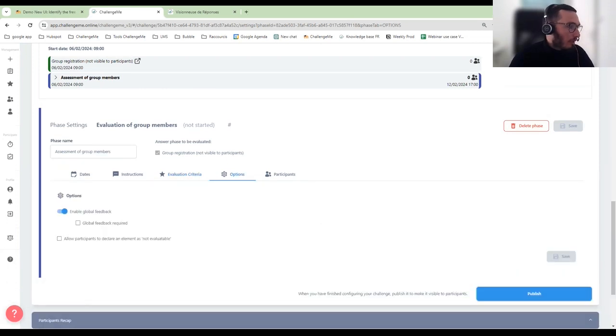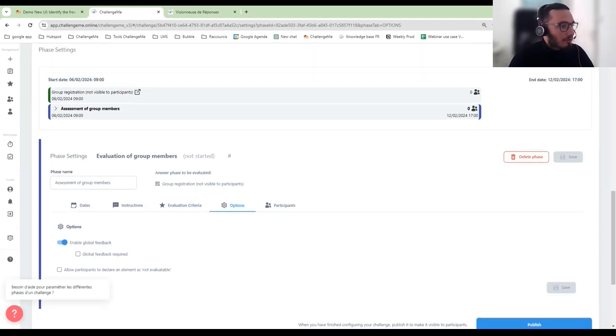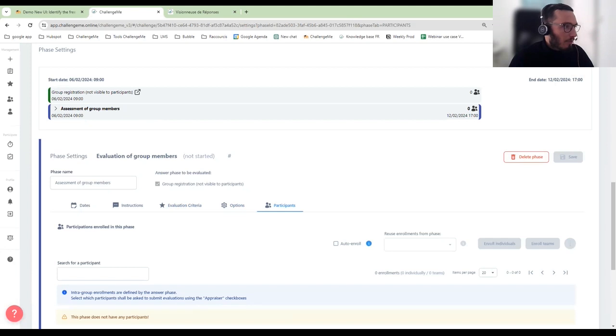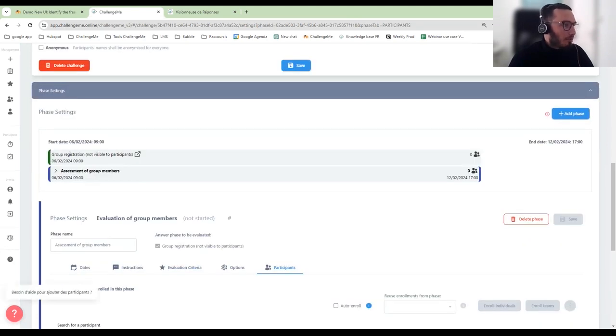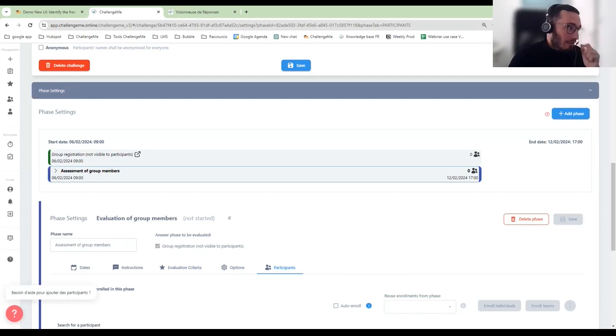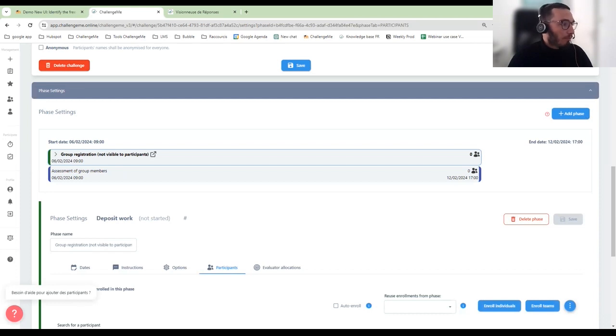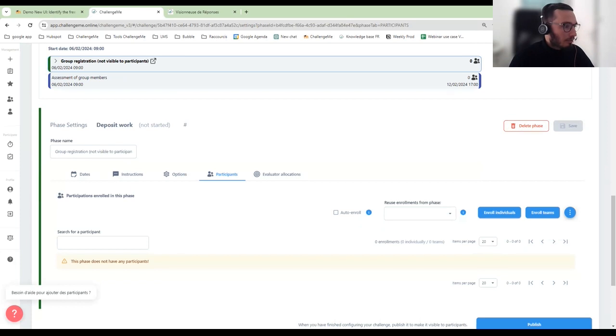You have an option tab allowing to enable the feedback. And we have also a participant tab. Regarding the inscription of participant, in fact, assessment of group members phase will need to be linked to this kind of phase, which is a group registration phase. And this phase will represent the group work realized. The students won't have to participate to this phase, but it will just represent the different group works. So to enroll the student, you just have to select this phase and to go to the participant